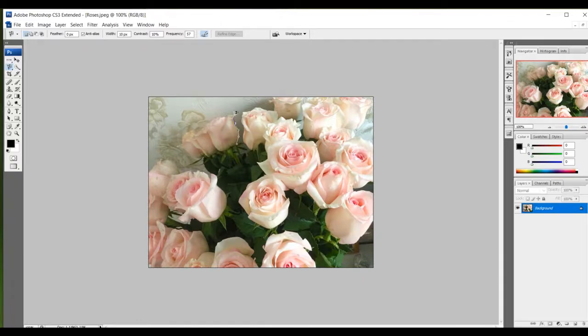This is my image. I can go to the edges directly and select that much portion only. If you want to change your direction, press your left mouse button.